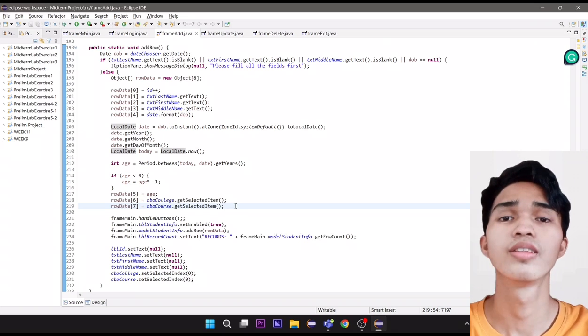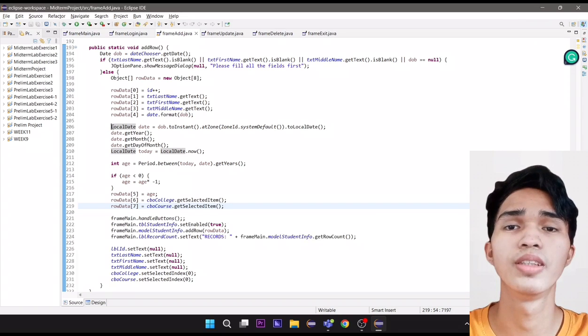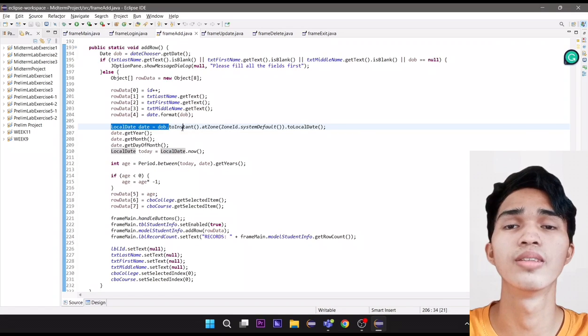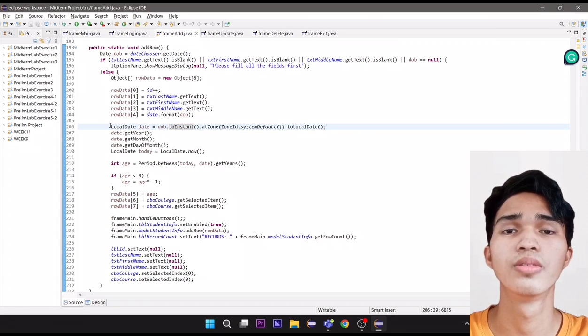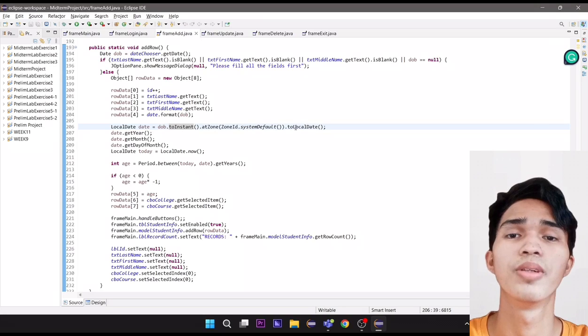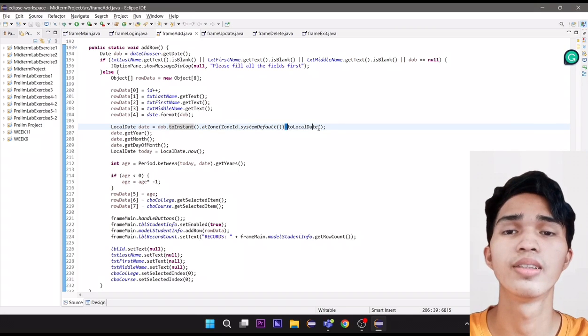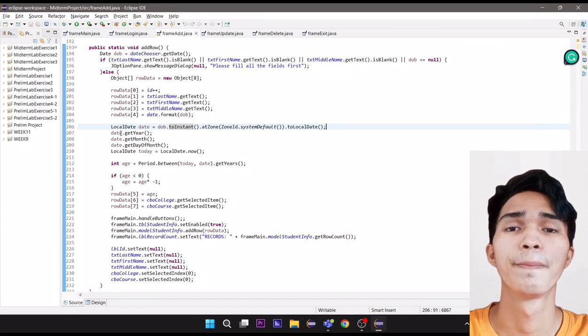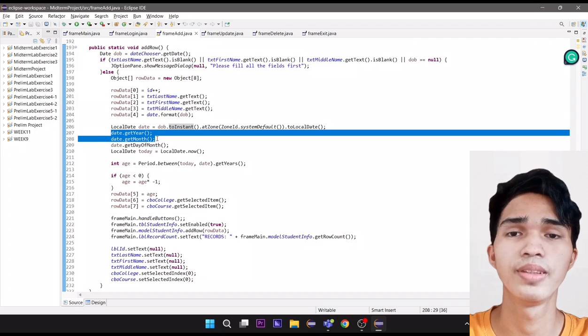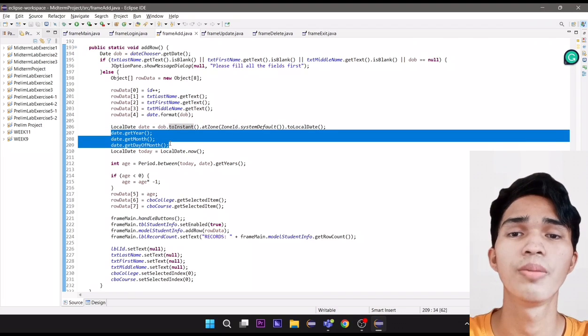To get the date, we set local date equals .dob to instant that at zone IDs that system default, that to local date that get year, date that get month, date that get day of month, local